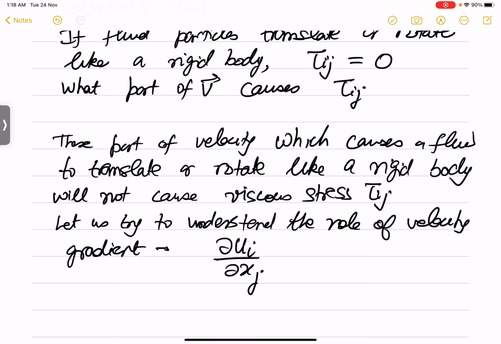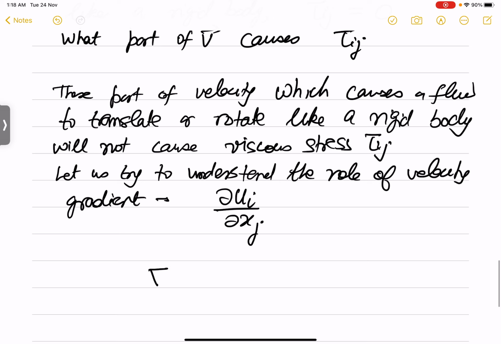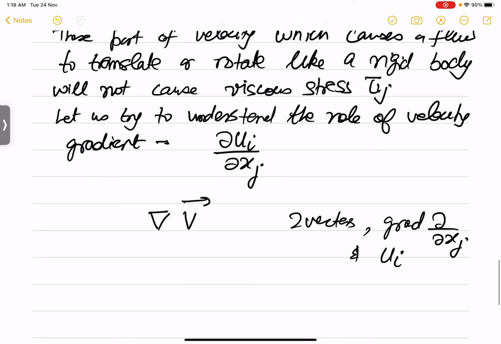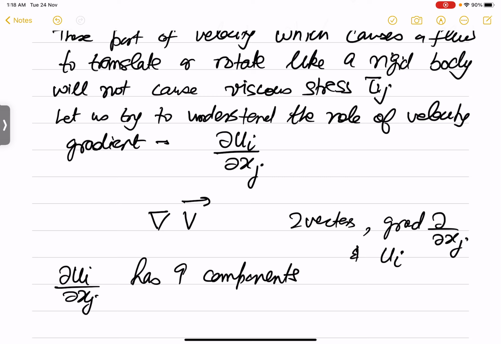Now, the way which we have written this, if I write this in the vector notation, this would be gradient of u. Now notice there are two vectors here, grad, which we have written by d by dxj, and the velocity u. So totally partial ui by partial xj has 9 components, with i going from 1 to 3